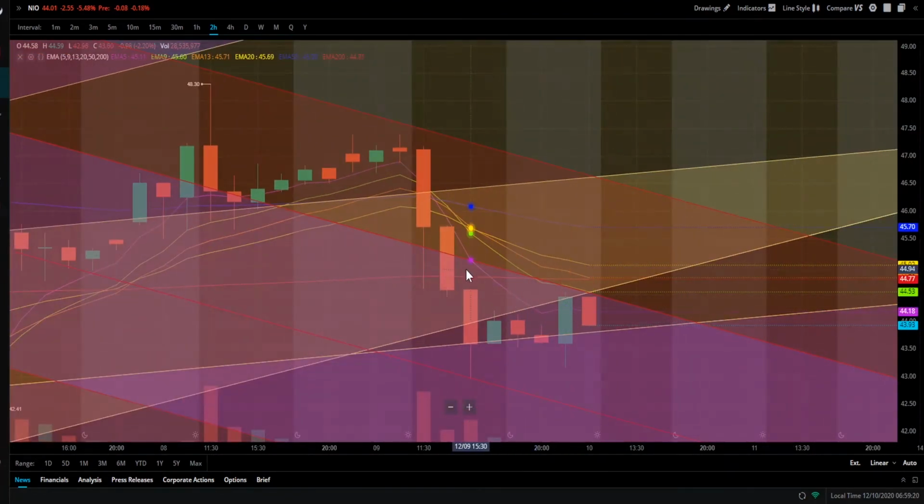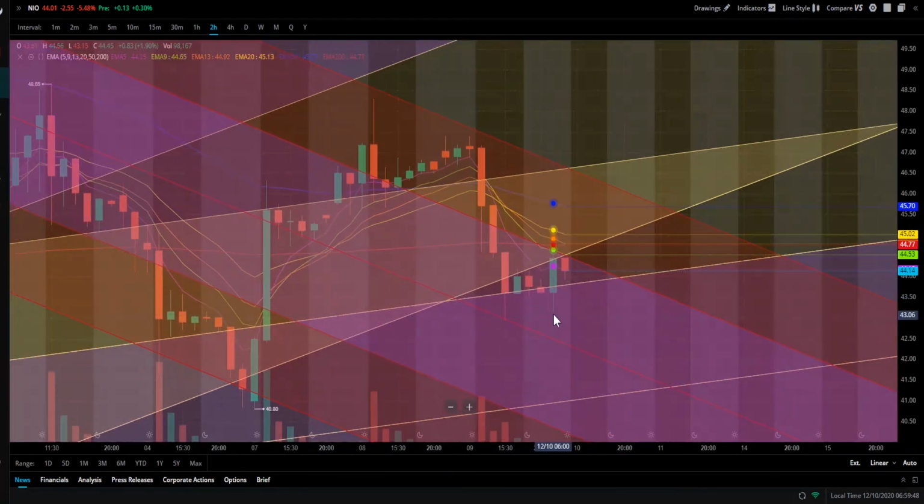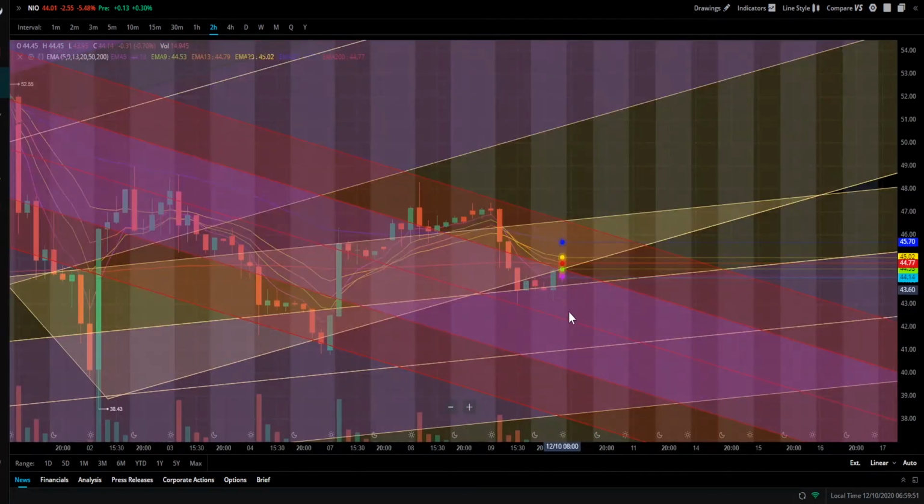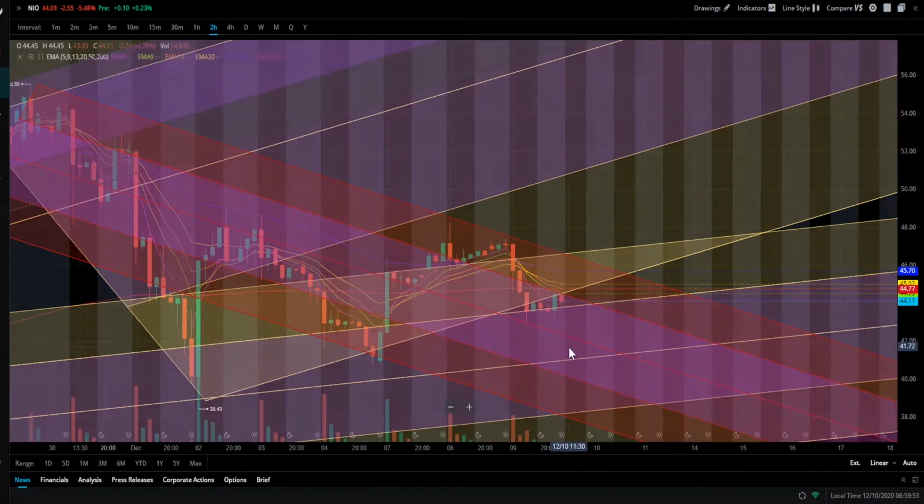Now here you will notice that the EMAs are actually starting to curl back up, which is nice. That's good. It's reflecting that it's a lagging indicator, so it's telling you that this green candle is the one that pushed these indicators up. But actually it's dropping back down, so nope, that's not going to be going up. Again I am seeing it going down, probably